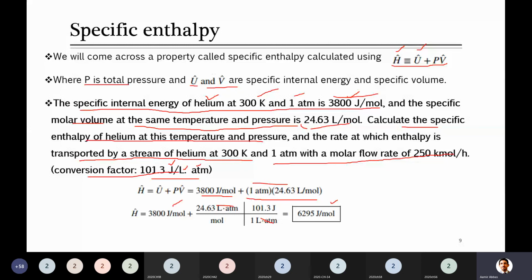If such a difficult conversion factor is provided to you, I told you where it comes from. You can get this by dividing two different values of R. And what was R? R was the gas constant, which is in different units. If you divide those two values which involve these units, you will get this factor. Okay, the next part, which is enthalpy per unit time or enthalpy rate.